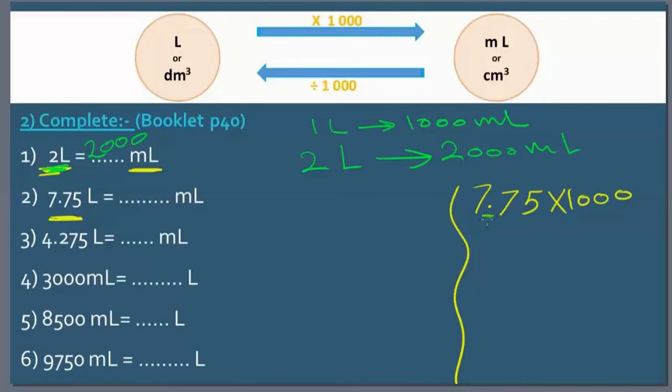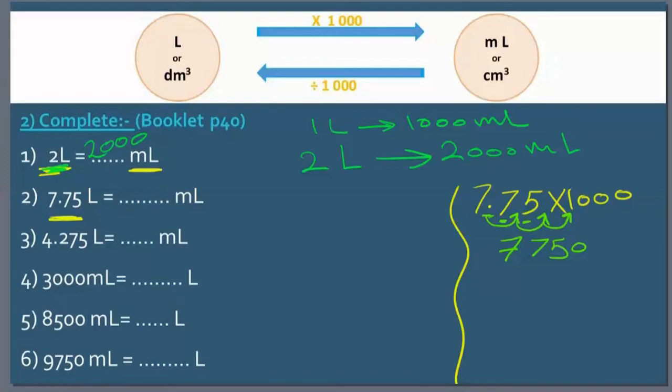So here is the decimal point. I want to move it 3 digits. So I have 1, 2, and the third. So I need to write 0. So it will be 7,750. Okay. Another way to solve this, I can use